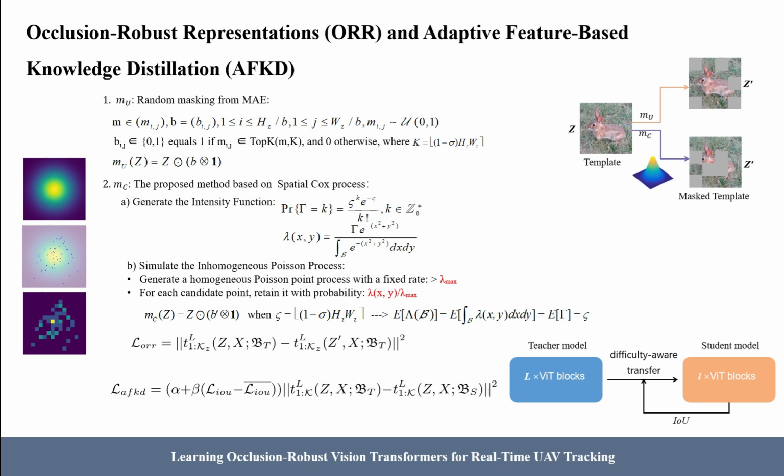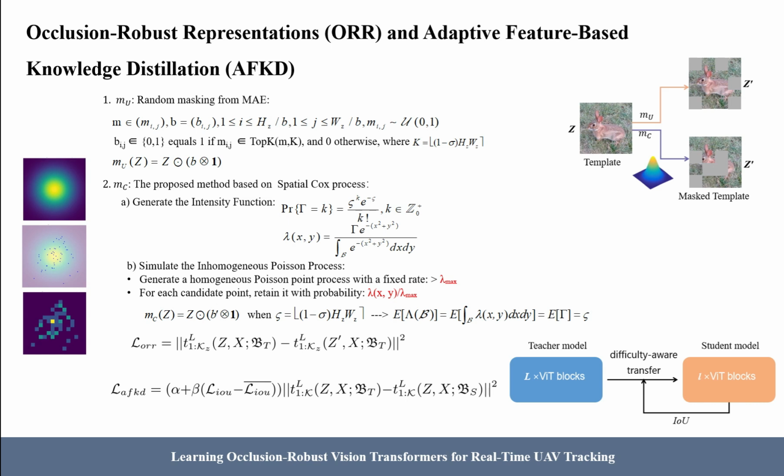To ensure that the target is masked out as expected with higher probabilities at a given masking ratio, thereby making the occlusion simulation more effective, we employ a finite Cox process to model this masking operation. The Cox process can be regarded as the result of a two-stage random mechanism, for which it is sometimes termed a doubly stochastic Poisson process. The finite Cox process can be simulated in a straightforward way, based on the hierarchical nature